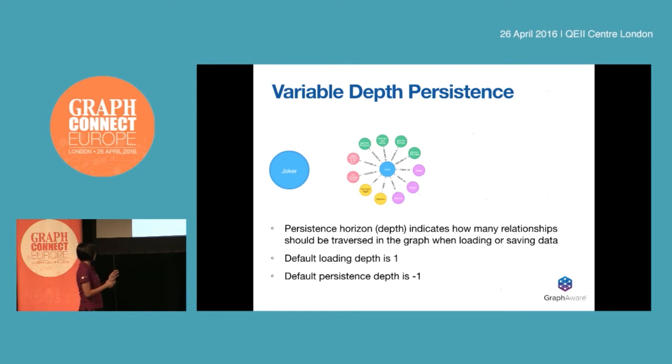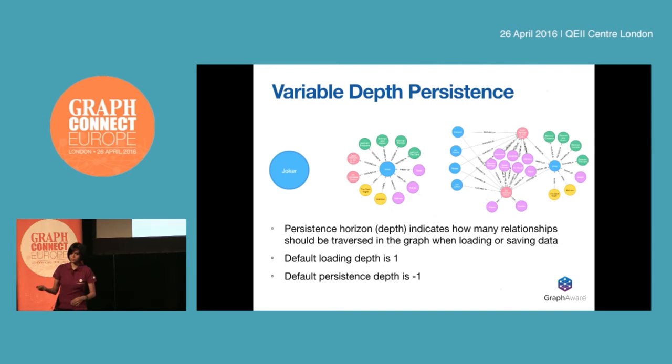Now, Spring Data / OGM assume very sensible defaults. When we load your objects, we load to a default depth of 1, which is what you see in the center there. But you can change that. You can say, I want to load to a depth of 2, which will basically pick up the node in the center, the object of interest, and everything 2 hops away. And you can change that to whatever depth you like. That's available on both the OGM and SDN, of course. So it really indicates how many relationships you should traverse in the graph when you're loading, as well as saving